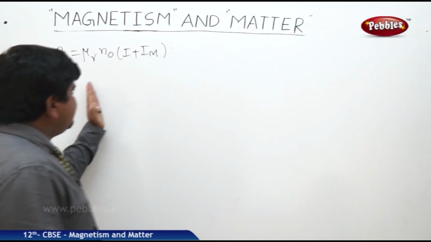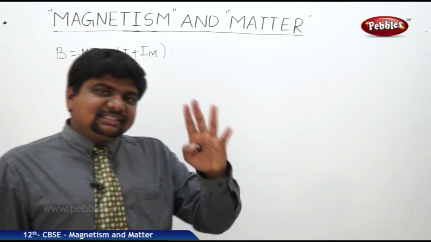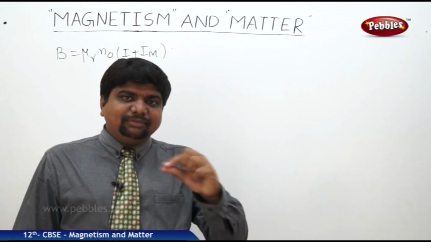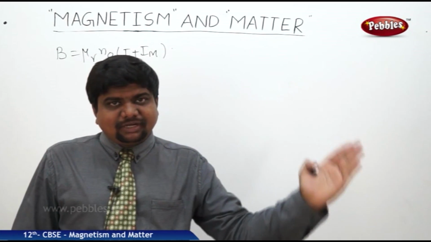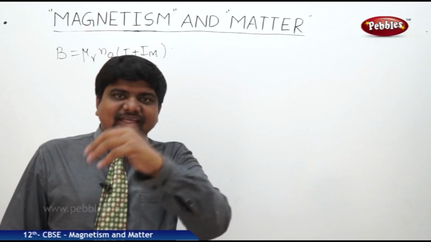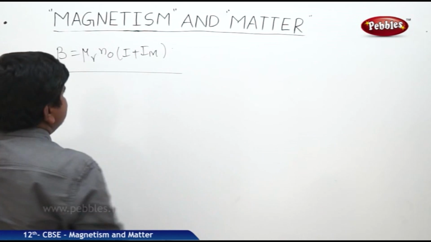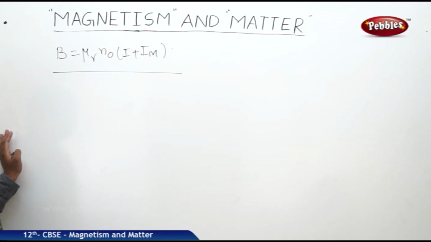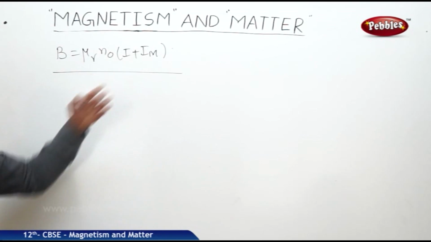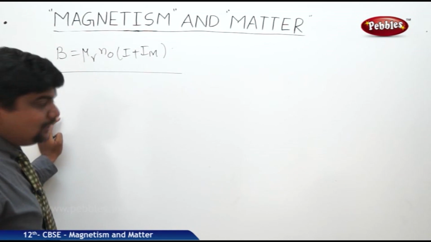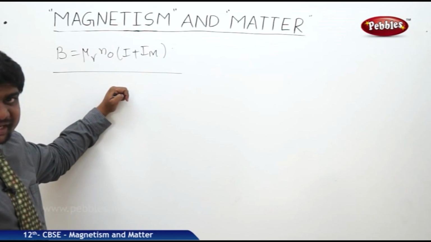Now we should find out the magnetizing current. The magnetizing current through the solenoid is nothing but the minimum amount of current which can pass through the solenoid under these magnetic fields. It is represented by B is equal to mu r mu naught n into I plus Im. So the current should cross over the core of the magnetic material to withstand this magnetic field.